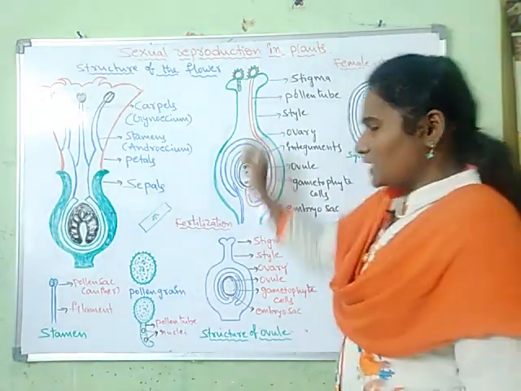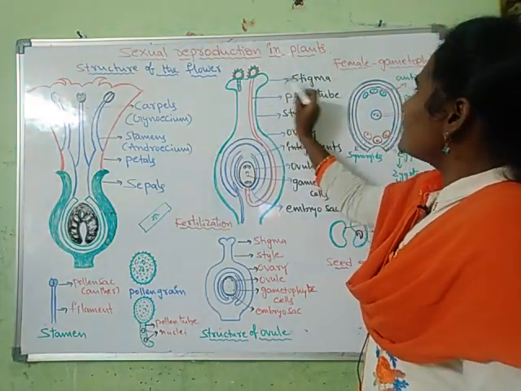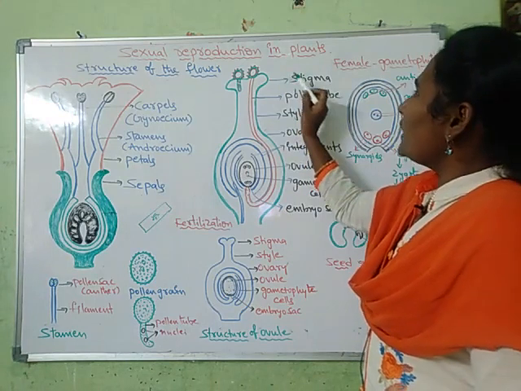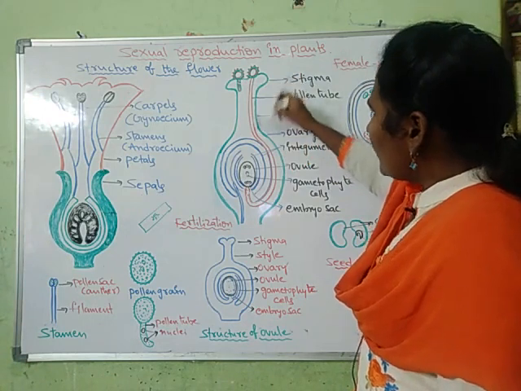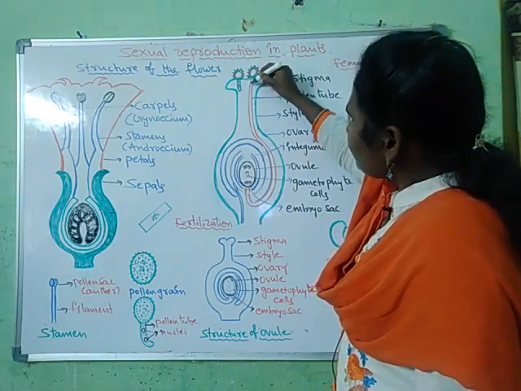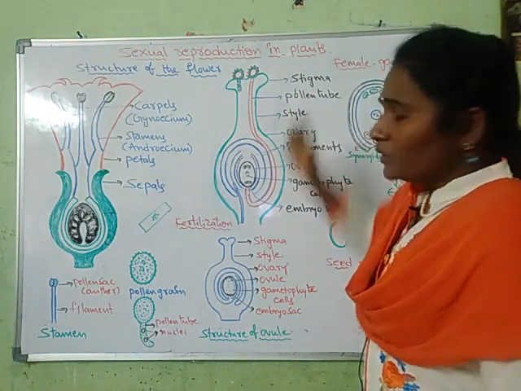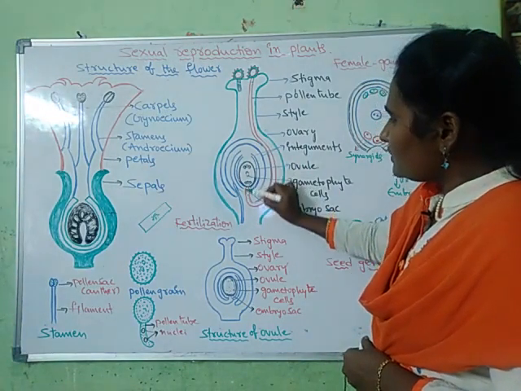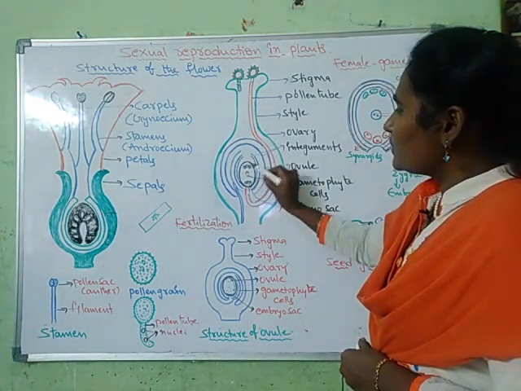Now we will discuss fertilization. When pollen grains fall on the stigma, it secretes a sticky nutritive fluid containing food and other substances. This fluid makes the pollen grain germinate. So the pollen grain forms a pollen tube and the pollen tube contains 2 nuclei. Soon after, the tip of the pollen tube enters into the embryo sac and the end of the pollen tube ruptures, and 2 sperms are released into the embryo sac.